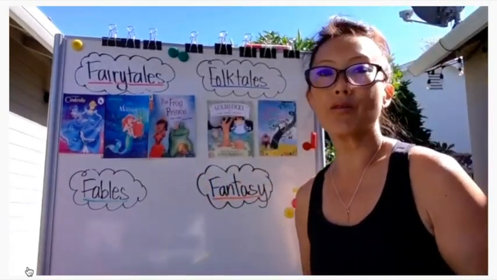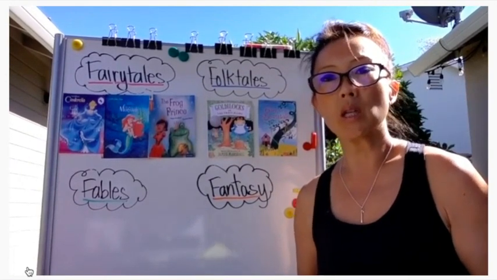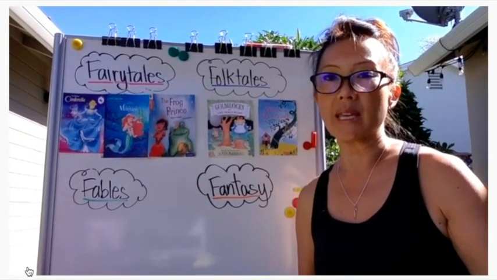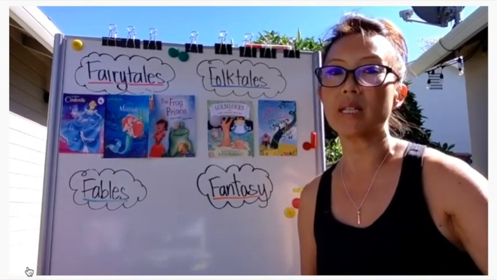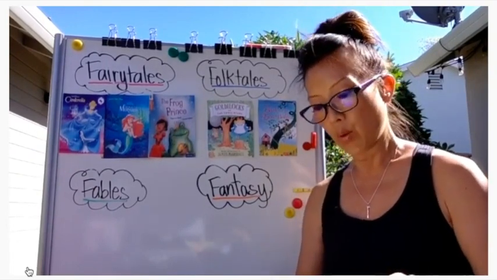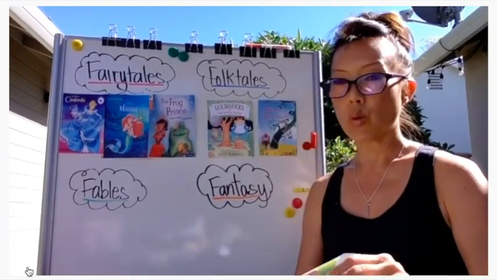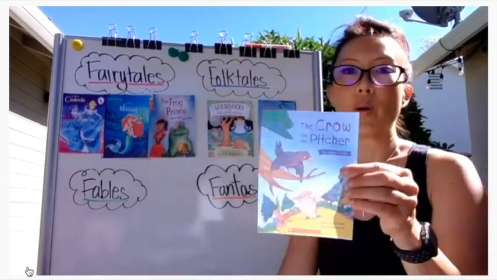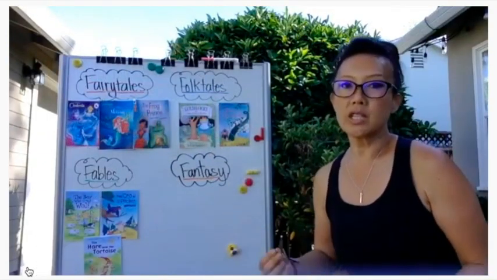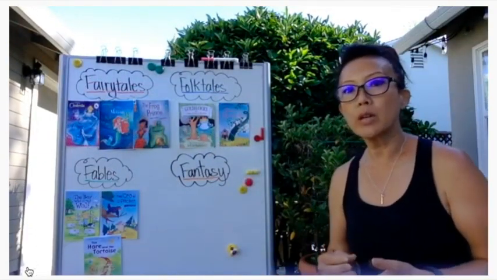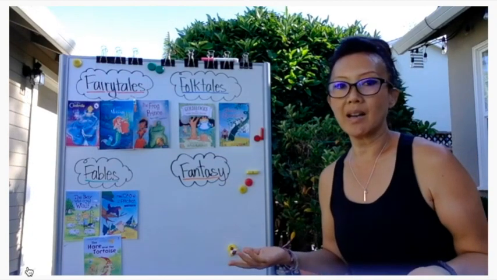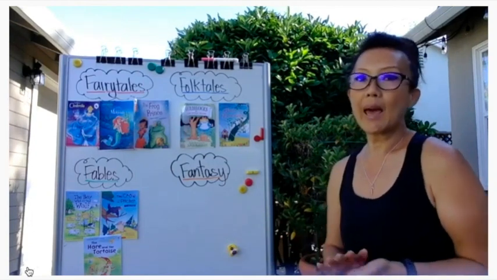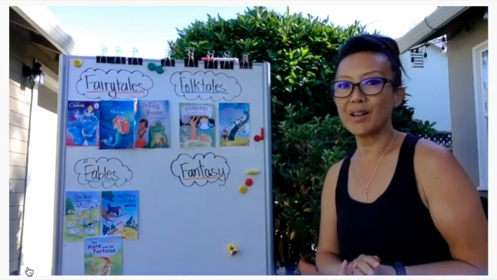Fables are similar to folk and fairy tales, but they always include an important lesson, which is called a moral. Fables also have talking animals and written about one important event. For example, The Boy Who Cried Wolf, The Tortoise and the Hare, and another example, The Crow and the Pitcher. Fables usually start and end in a specific way with reoccurring phrases as once upon a time, or long, long time ago, or they will end like happily ever after, and so the story goes.